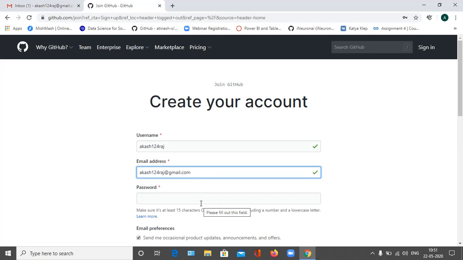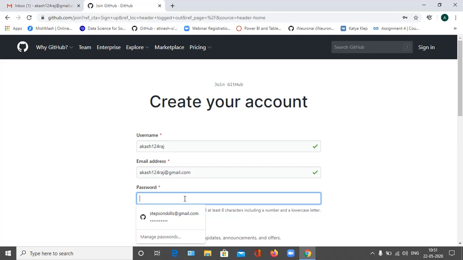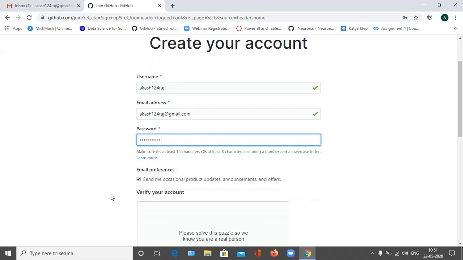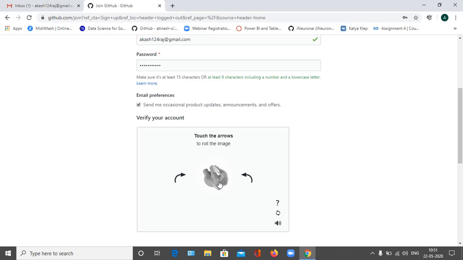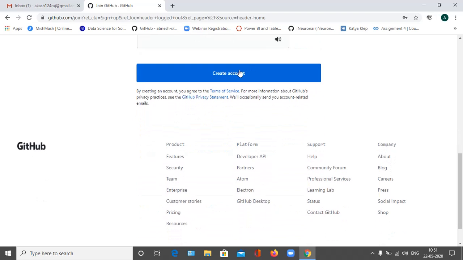We have to enter a password. Always remember the password must be at least 8 characters, and we have to verify that we are not a robot. So click on verify. Yes, it's done. Now click on create account.